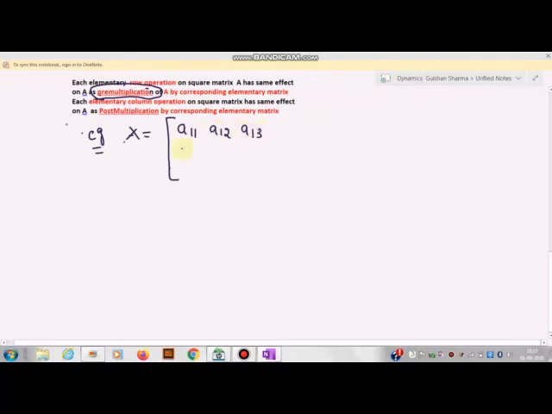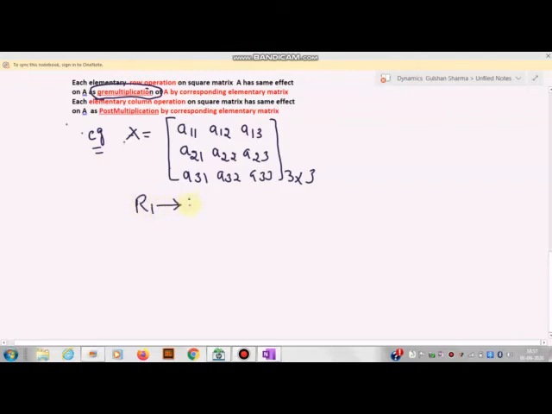I am taking a simple example: A = [1 1 2; 2 2 3; 3 1 3]... So this is a 3 by 3 matrix, and we know very well what an elementary matrix is. An elementary matrix is a matrix obtained from the unit matrix by applying certain operations. Okay, so let us suppose that I am applying an operation on this matrix A.